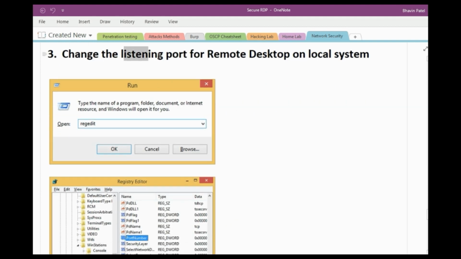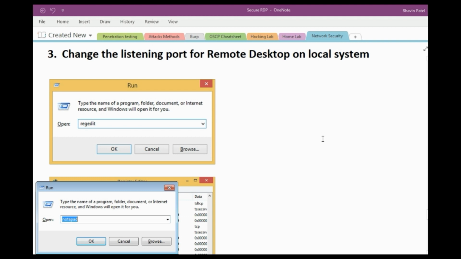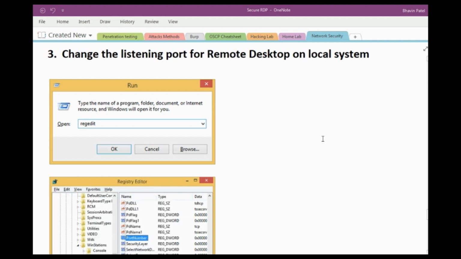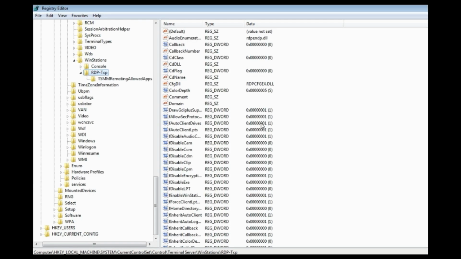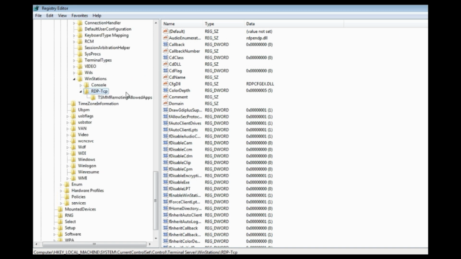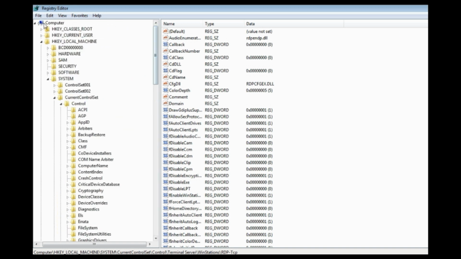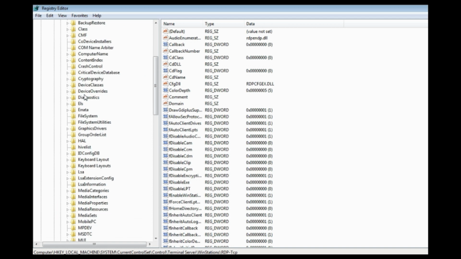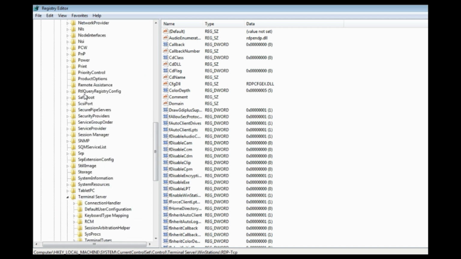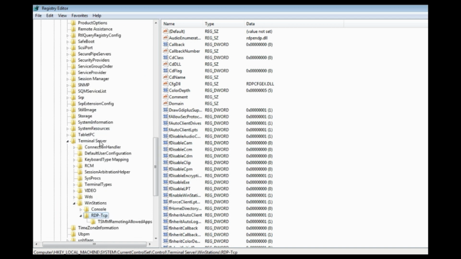Now change the listening port for remote desktop on the local system. So let's go. You can go into HKEY_LOCAL_MACHINE, System, CurrentControlSet, Control, Terminal Server, WinStations, and RDP-Tcp.